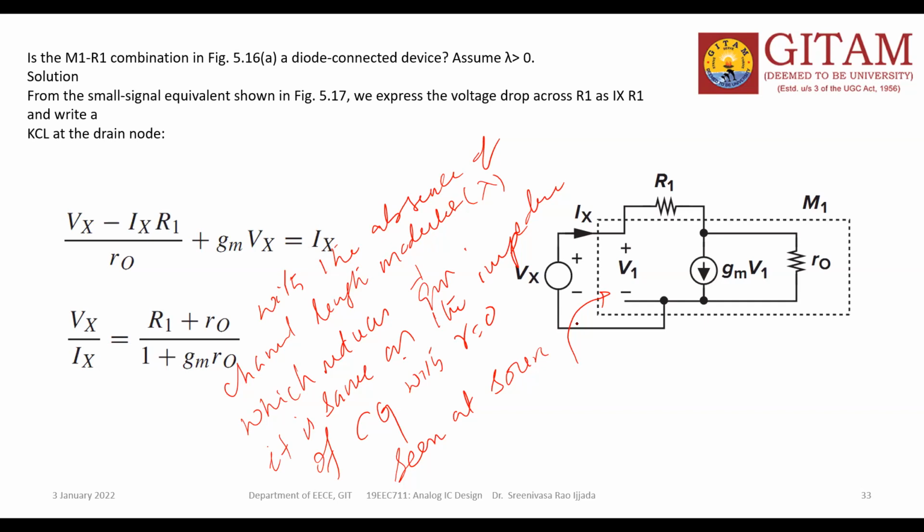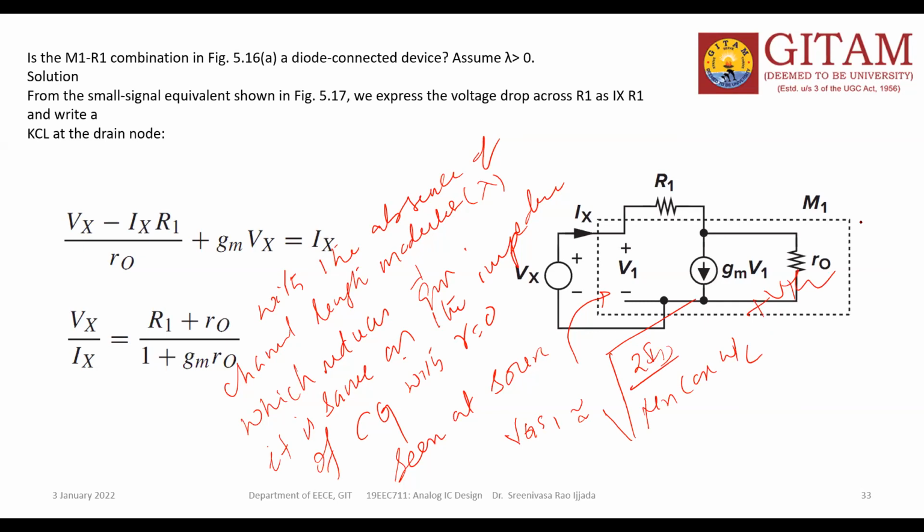With the large signal variation, we can write the entire equation. What is the current equation? You know the current equation. In saturation, it is 1 by 2 mu n Cox W by L into (VGS minus VTH) whole square. If you take this formula and rewrite the equation for VGS, then I can write for the large signal variation VGS1 approximately equal to square root of 2ID by mu n Cox W by L, plus VTH. Understand how to get this one?